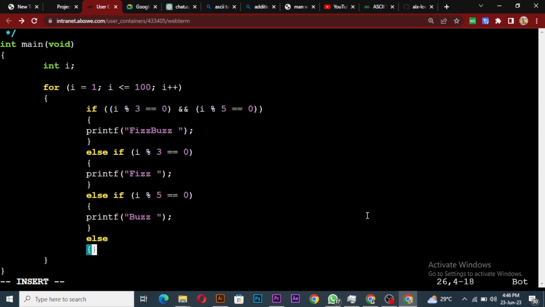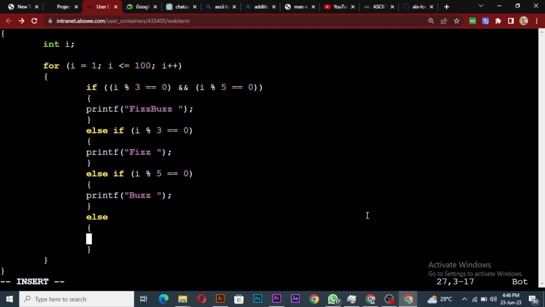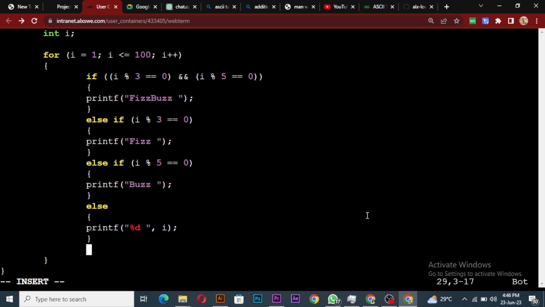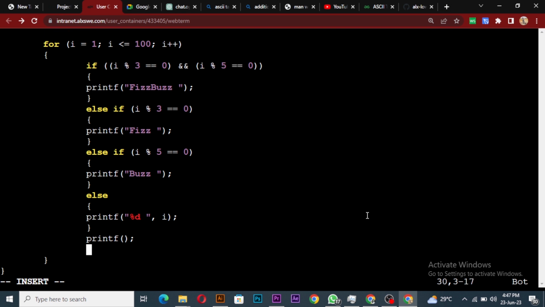Else just print %d space, right? And i, right? So after that, print a new line. So this one might work, or if this one doesn't work, then there's one more method. Okay, so just add one thing and then let's return